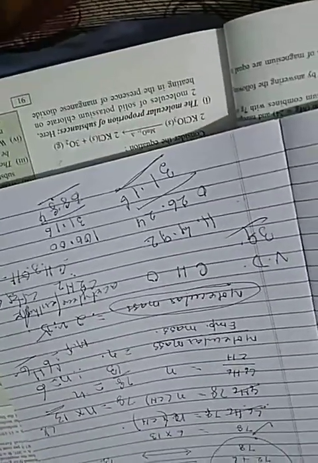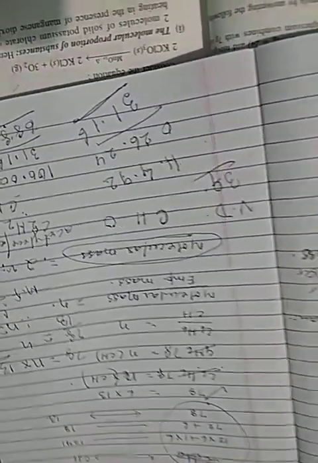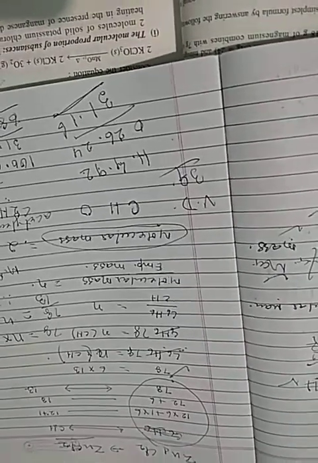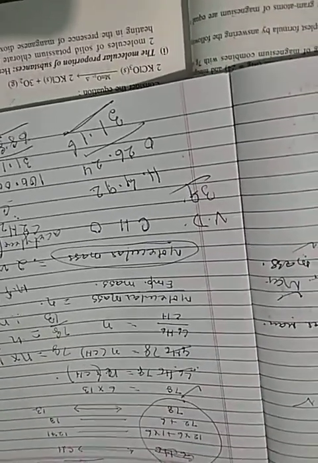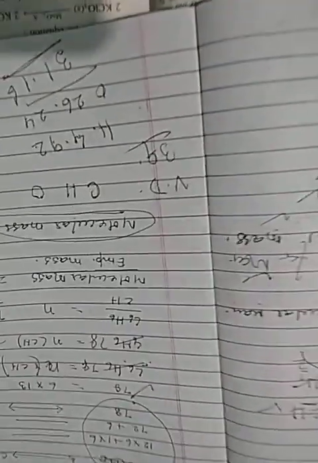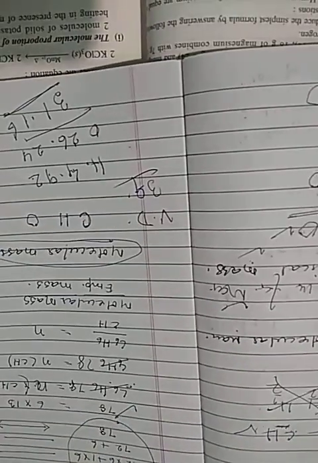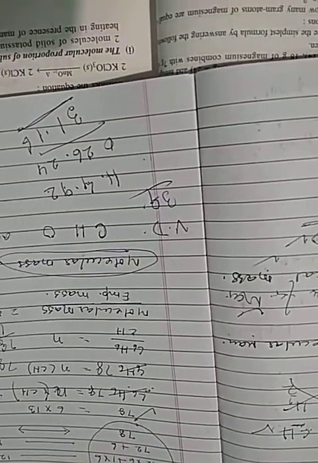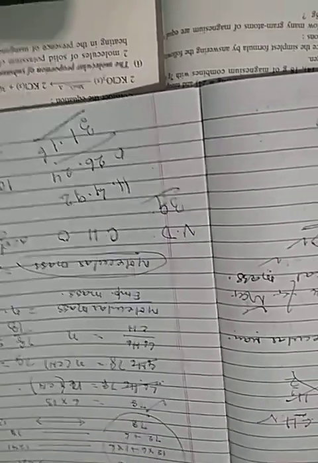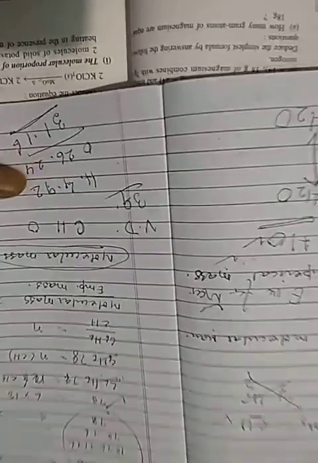Now after getting the question, you may be confused that there is no molecular mass. From where should we get the molecular mass? No need to worry. If we know the value of vapor density, the molecular mass will be twice that. Sometimes the question will ask, after finding the molecular mass, to find the vapor density. No problem. If we know the molecular mass, vapor density will be half of the molecular mass. No need to worry at all.